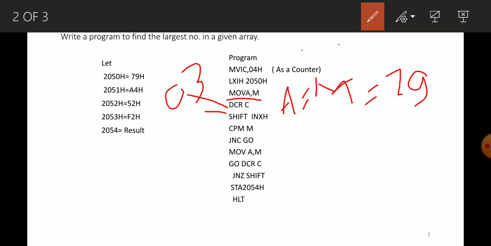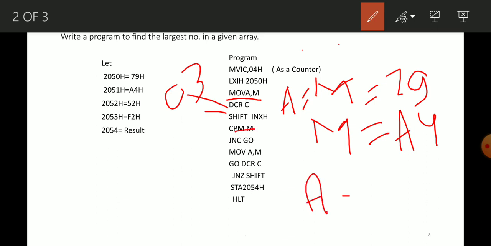The next memory is 2051, which is loaded with A4H. Now the next instruction is CMP M. That means A minus M. Here the content of memory is greater than the accumulator. In that case, if the content of the accumulator is less than the memory, then there is a carry.